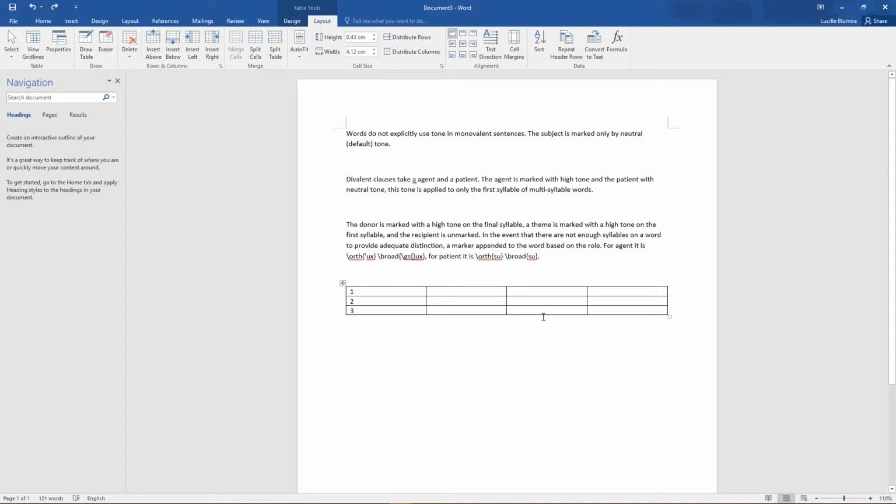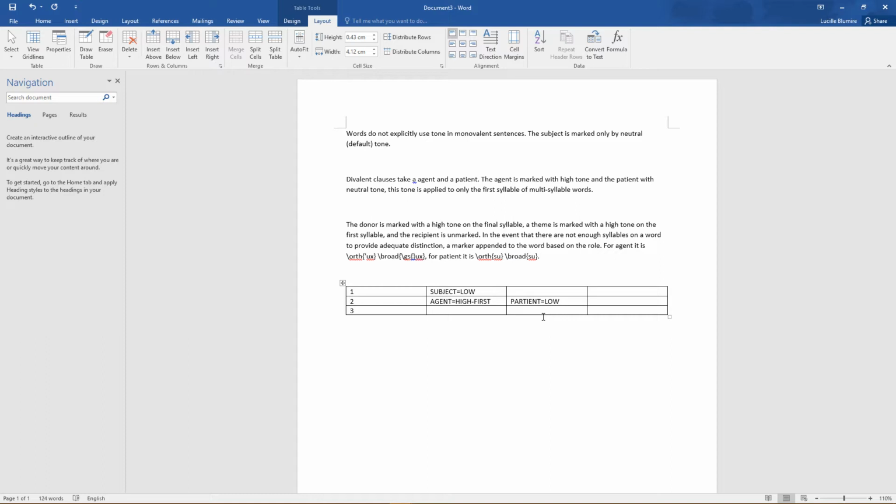This is going to be the subject, and this is low. Okay. Then for 2, we have got an agent, which is marked with a high first, and a patient, which is marked with low.